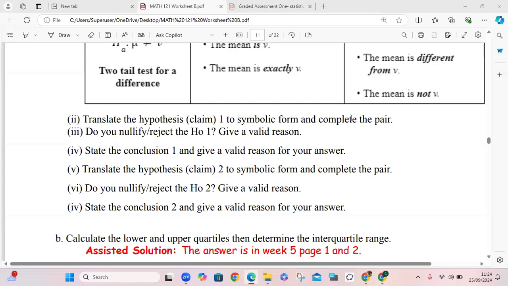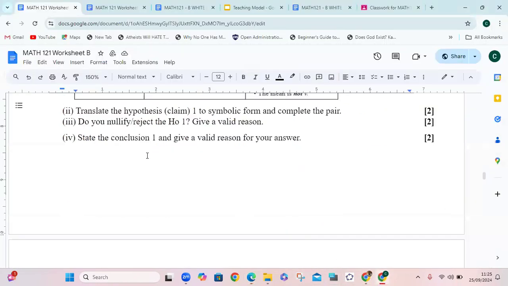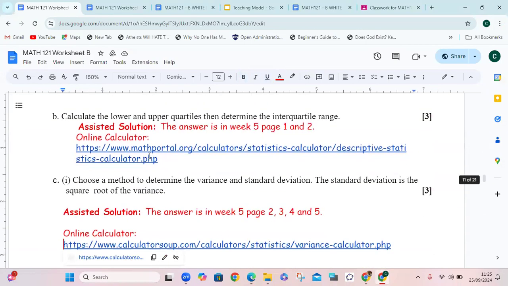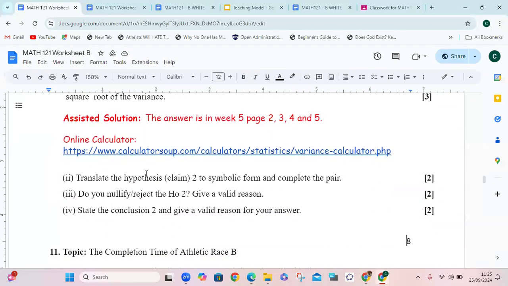Now, before we go to part B, let us revisit part A. As you can see, 5, 6, well, that's supposed to be 7, were deleted from part A. They were deleted from part A and were transferred now to part C. The reason for that,